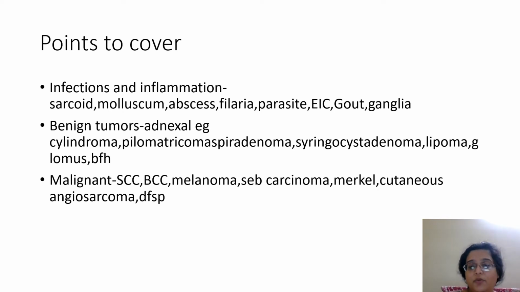Fine, then you'll get lipomas; you might get nothing or just fat, and that fat might wash off. Glomus tumors: small round blue cells. Benign fibrous histiocytoma: you'll get spindloid cells and histiocytes. Malignant SCCs, BCCs, of course, basaloid cells are very easy to recognize. SCC, you will get keratin if it is well differentiated, with squamous cells. If poorly differentiated, then of course very malignant cells. Melanoma, mostly you get melanin.